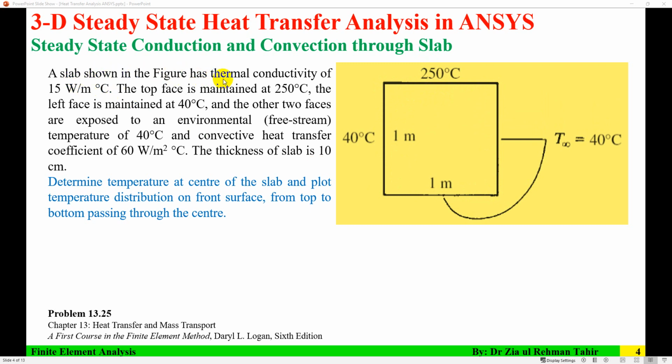The slab shown in the figure has a thermal conductivity of 15 watt per meter per degree Celsius. The top face is maintained at 250. The left face is maintained at 40, and the other two faces are exposed to an environmental free stream temperature of 40 degrees Celsius and a convective heat transfer coefficient of 60 watt per meter square per degree Celsius. The thickness of the slab is 10 centimeter. The thickness is not shown here, or the depth of the slab